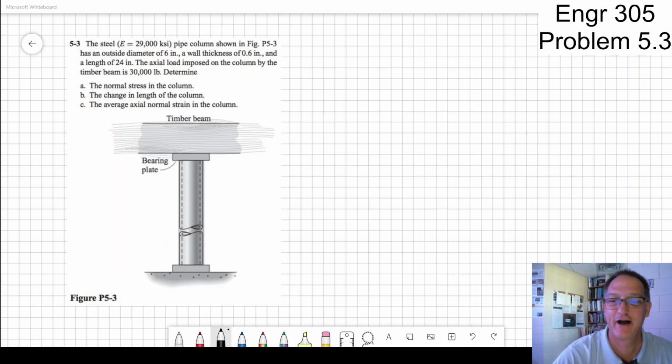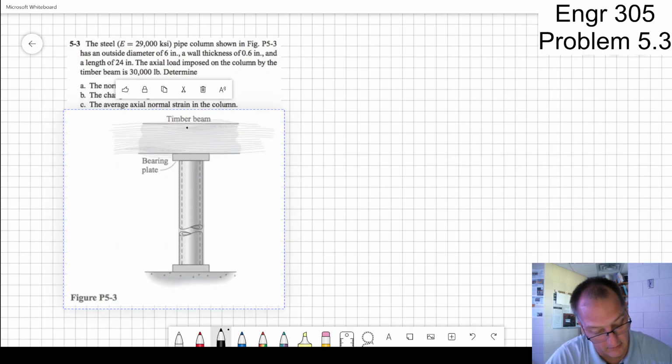Engineering 305, Chapter 5, Problem 3. The steel gives us a Young's modulus of 29,000 ksi, 29 Msi. The pipe column shown in Figure 5.3 has an outside diameter of 6 inches, a thickness of 0.6 inches, and a length of 24 inches. The axial load imposed on the column by the timber beam is 30,000 pounds. That load,